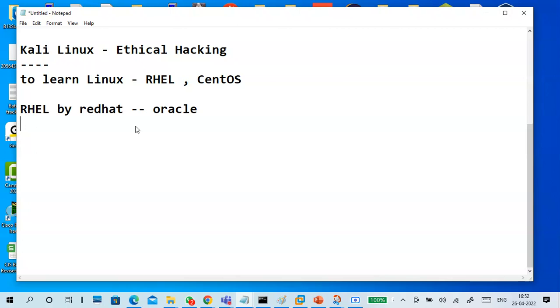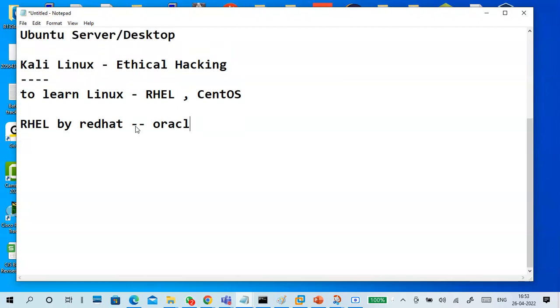Whatever it is, Red Hat and CentOS commands work the same. CentOS is by CentOS.org, just like a twin brother of Red Hat. With CentOS there is no need to log in; we can download directly. A lot of mirrors are available, so you can easily download from there. Minimal and full versions are also there.